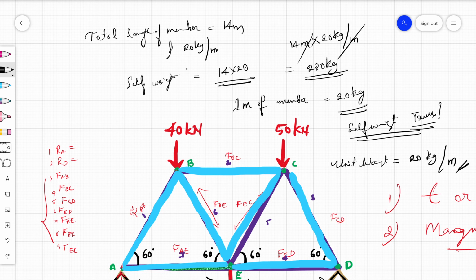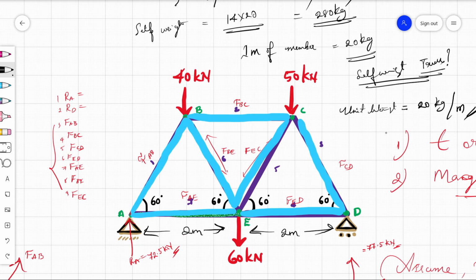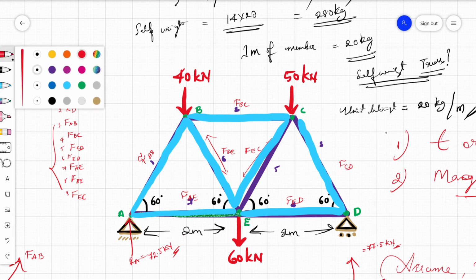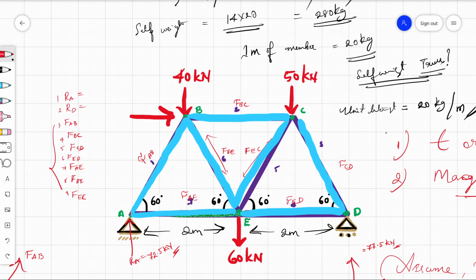We'll finish off with this one numerical. This one numerical is simple enough to understand and to solve all other numericals also. And just remember one small thing: there might be a horizontal load and a horizontal reaction might come if this is a hinged support. You need to get ready to answer this one also. Okay then, see you.